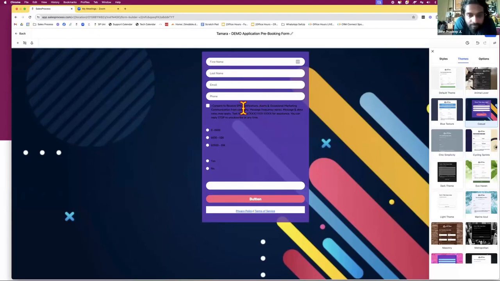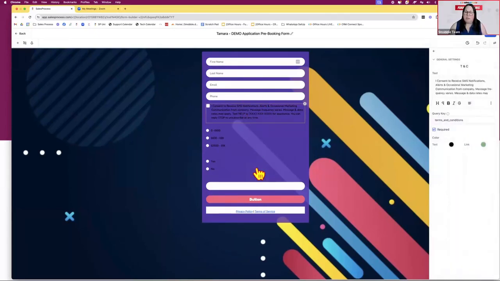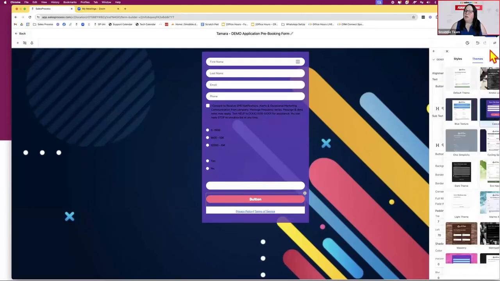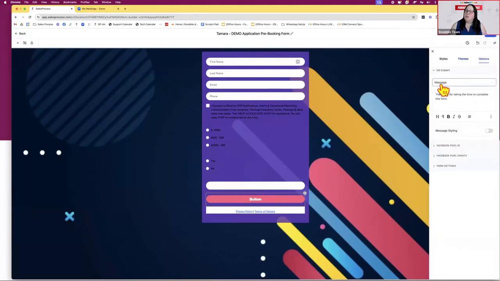And so when you don't have it built on a landing page, the only other thing you have to decide is what happens when they hit the button. Inside of your options here, you choose to show them a message rather than take them to a thank you page. So if you don't have it built in a funnel, you can just have this message show up. And you can style this any way you want. It can be thank you for completing the form, or go check your inbox, your goodies are on the way, or whatever you want.